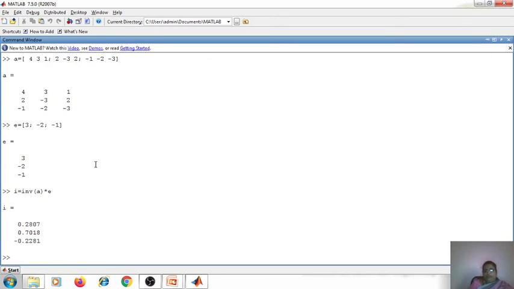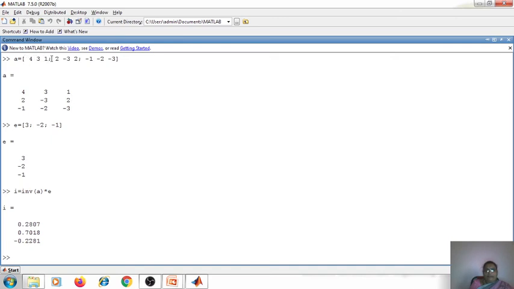Suppose you were solving this with simultaneous equations, you would have to subtract equation 1 and 2, then you will get one value, and then again substitute in the third one, and do so many steps there. But when you are solving it in MATLAB, it is very simple.